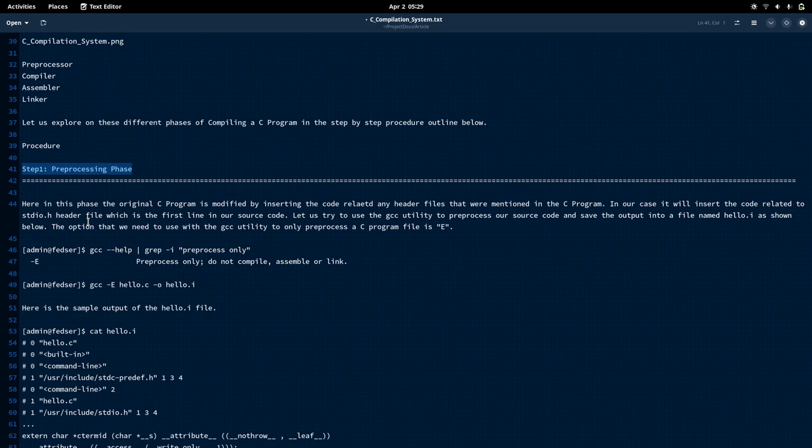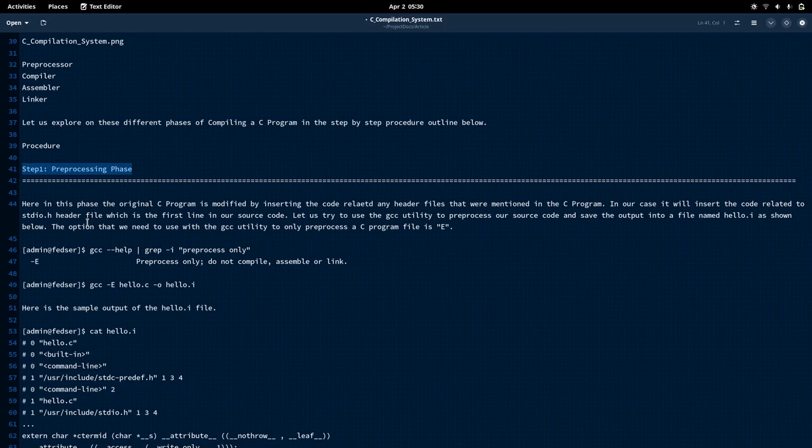Our C program, which is in ASCII format that humans can understand, is modified in such a way that whatever header files are there in the C program, those header files' content is inserted into the C program wherever those header file lines are present.